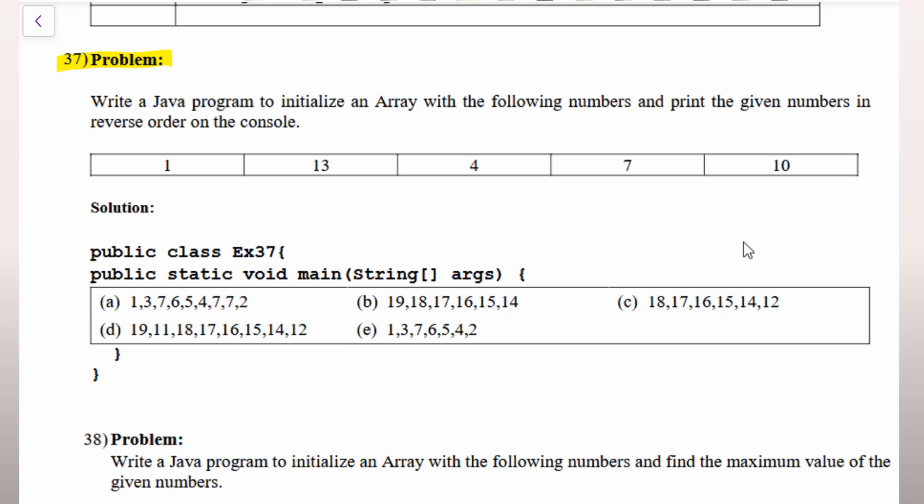Problem 37. Write a Java program to initialize an array with the following numbers and print the given numbers in reverse order on the console. So here the main part is that the given numbers should be printed in reverse order in the console. Okay? So we have a solution. We have the class declaration as well as the main method, starting bracket and ending bracket, as well as class ending bracket. So that's all fine. Now what we need to go through is these